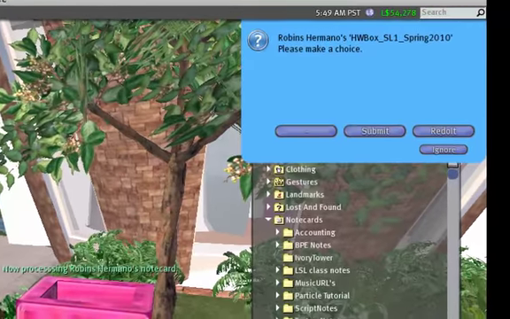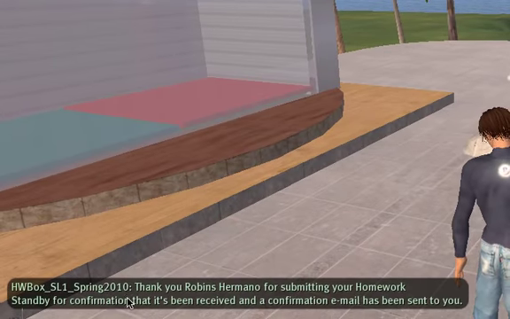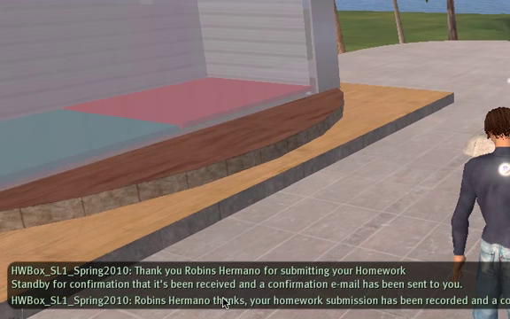This looks good to me, so I'm going to click the text box. I'm going to hit submit, and you're going to see that I'm getting confirmation that it's being sent to the database, and this file